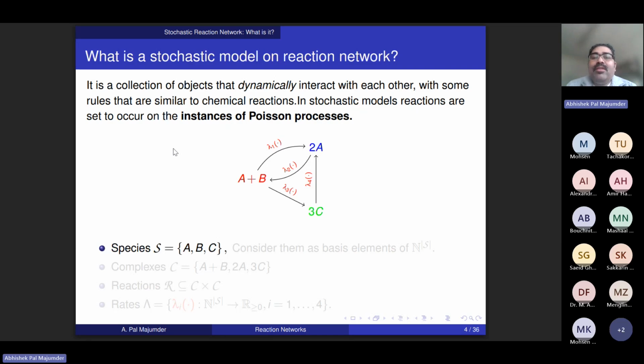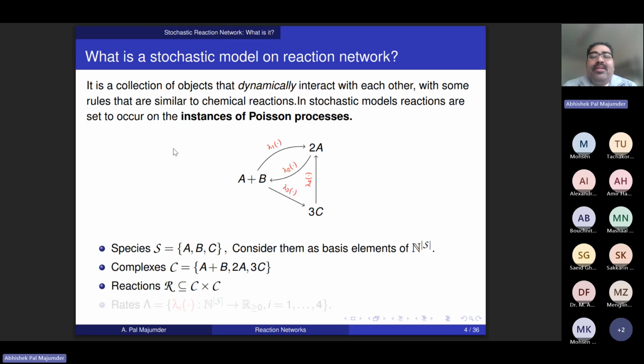The species are the basic molecules that compose these complexes, and they are A, B, and C. Since we are modeling the reaction mechanism based on the species molecule counts, we take the species to take values from the space of integers, N to the power of the cardinality of the species space, since we are just modeling the count of the species that interact via these reactions. The complexes are A plus B, 2A, 3C. And reactions are composed between two complexes,